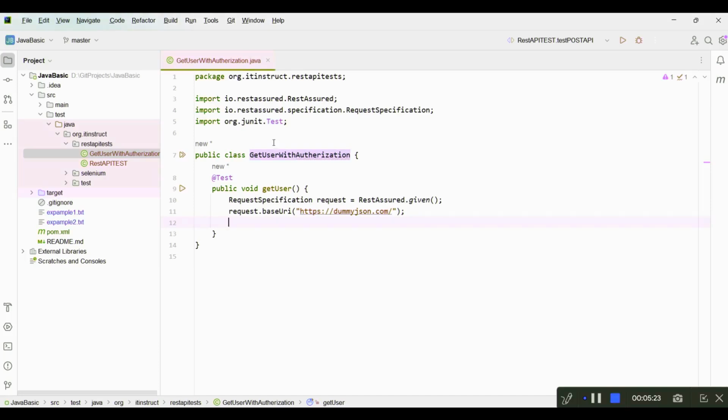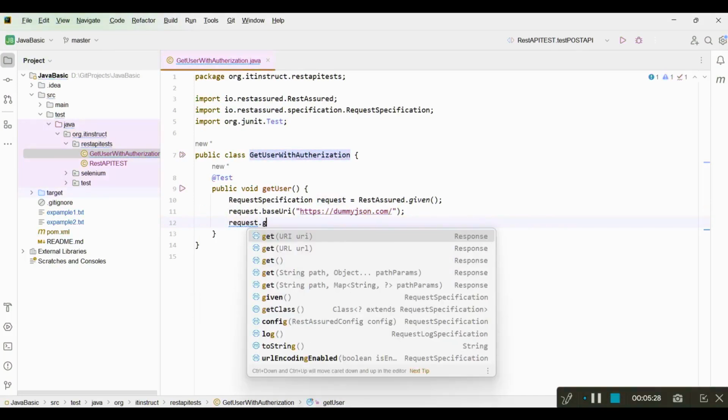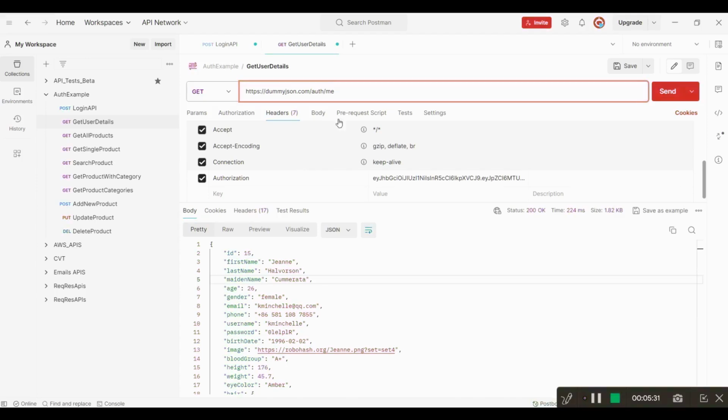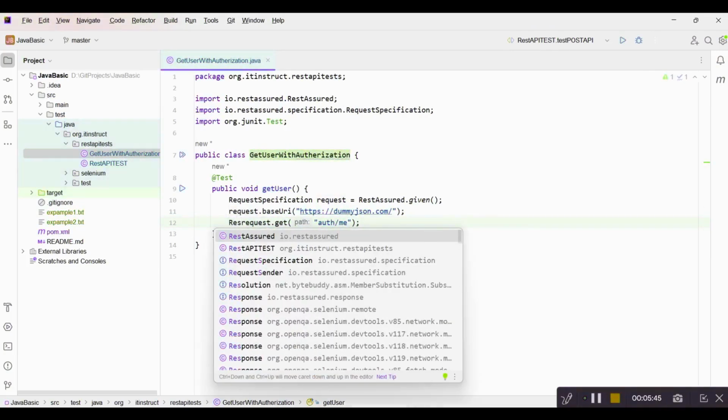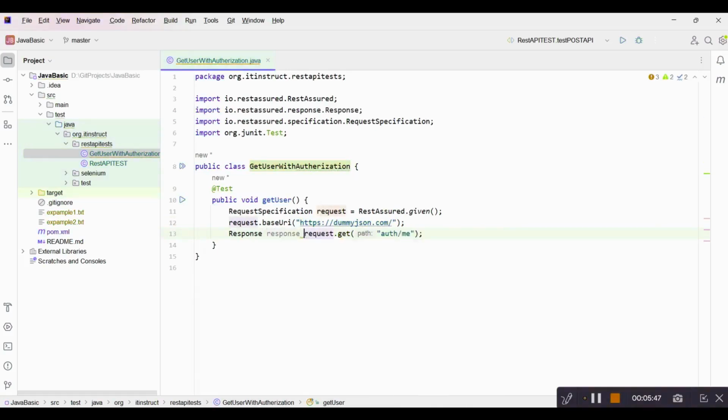Okay, now the next job is, for this get user, I need to make a get request, right? So we can directly pass that. Let's say I'm saying request.get, right? And here I have to pass the endpoint. So the endpoint is going to be auth slash me. So I'll just pass it over here, and once I hit the request as a get request, I'll be getting